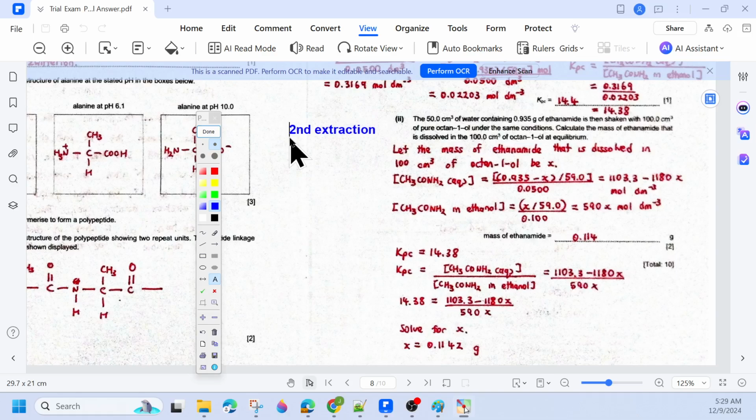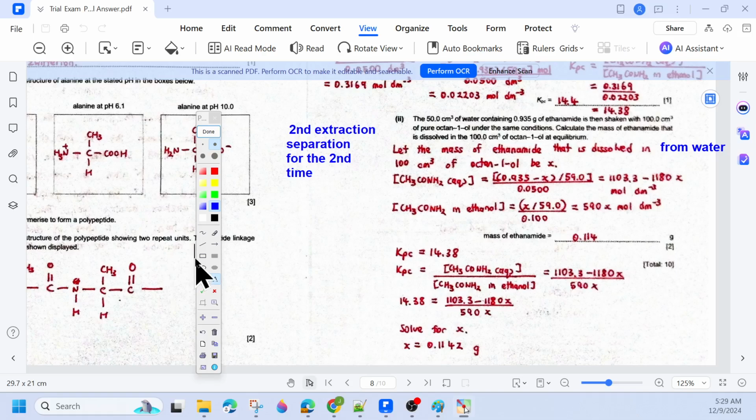That means the 0.935 already entered into the water. We take the water again and add octanol back to the 0.935 grams of ethanamide inside that water. We separate and extract a second time. So you can call it a second extraction or separation for the second time. So the mass of ethanamide dissolved into the 100 centimeter cube of octanol from the water, please remember this,